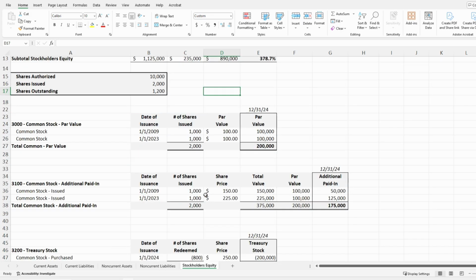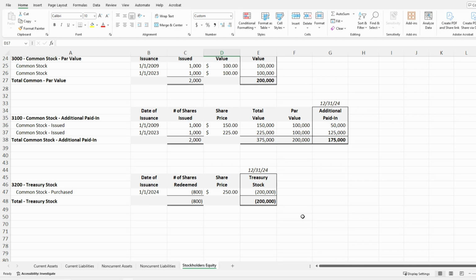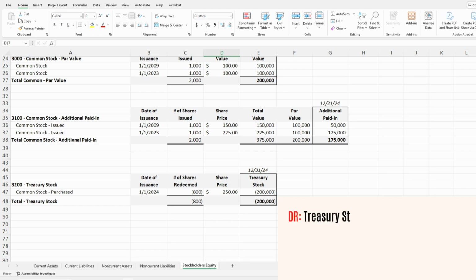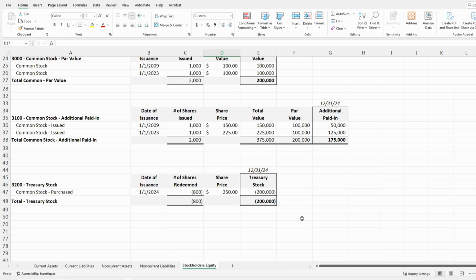And depending on how you finance it or how you pay for these, you can either credit cash, if you give the cash to John McClain in this situation. But if I tie it into my non-current liabilities video, we actually gave John McClain a note payable. He doesn't own those shares anymore. He now has a